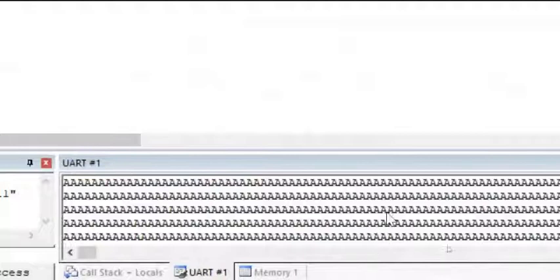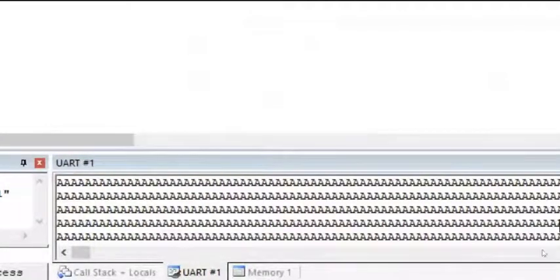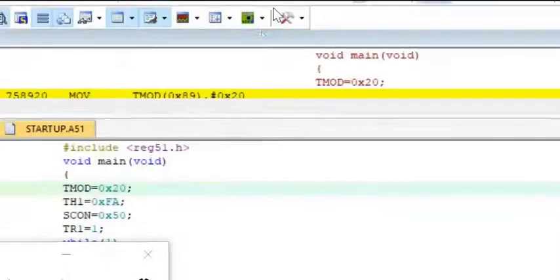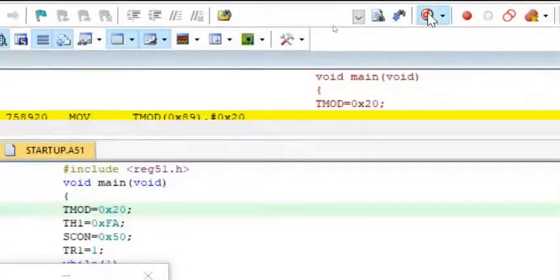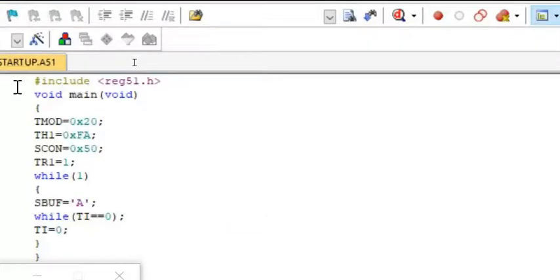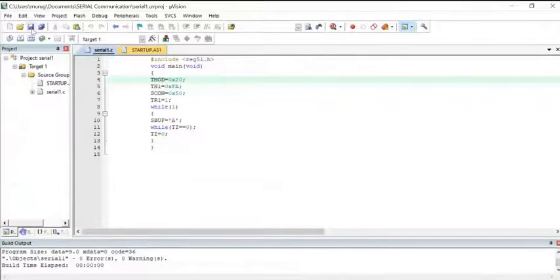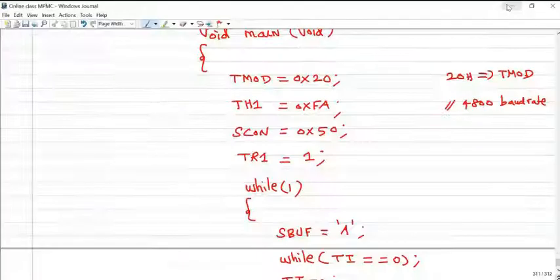The capital A is transmitted continuously, because we have written an infinite loop. You can stop. So this is the first program.